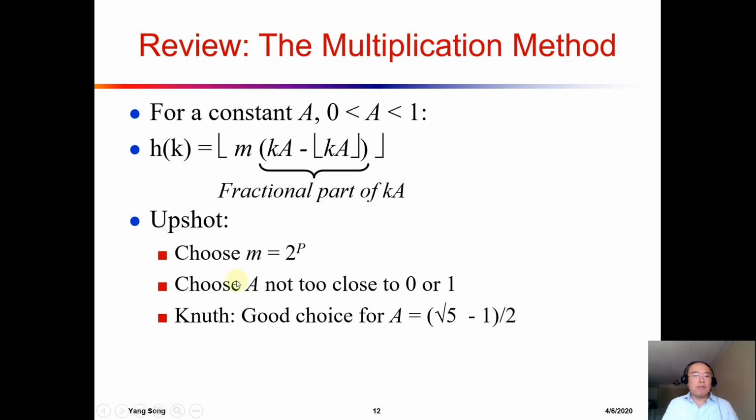Usually we want to choose m to be a power of 2, and then we choose an a not too close to 1 or 0. In one research paper, the author suggests that the square root of 5 minus 1, divided by 2, is a good value for a. So that is another solution called the multiplication method. I will see you in the next video. In the next video, we'll talk about universal